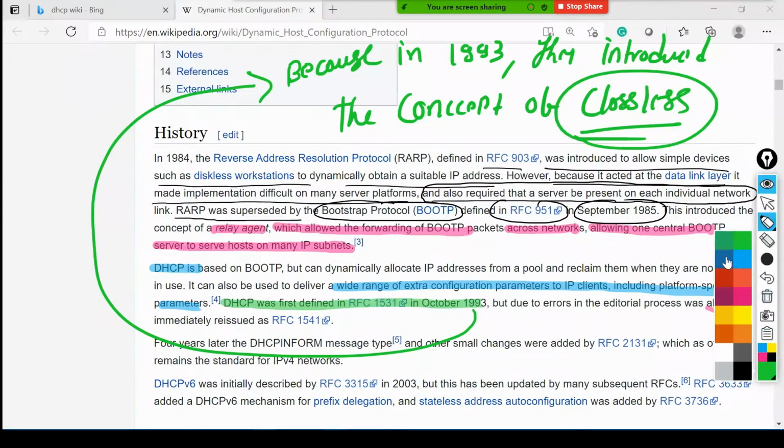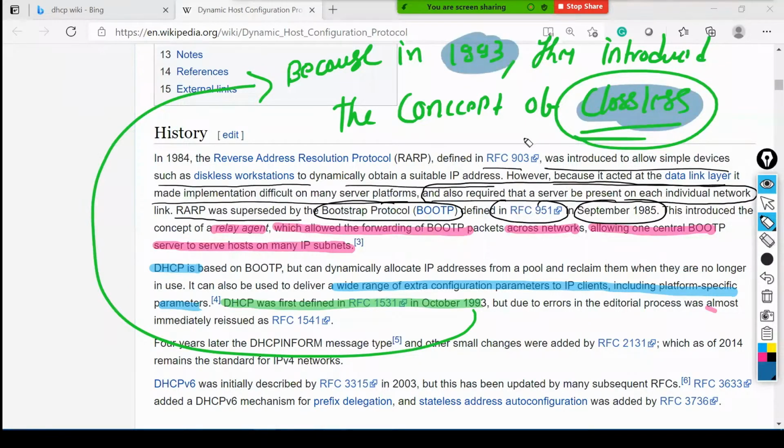So right now, guys, if you remember the RIP protocol version 1, IGRP protocol, all these protocols are classful protocols, right? EIGRP, OSPF version 2, BGP version 4, all these are classless protocols. All these protocols were introduced after 1993 because in 1993 they introduced the concept of classless. So whatever extra configuration parameters you are putting to the IP clients, like subnet mask information.